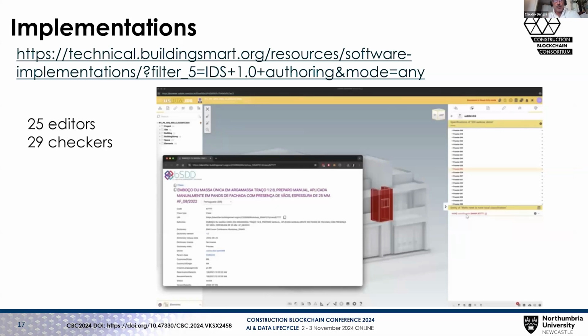What is the power of this technology? Well, mostly I would say that it's the excellent reception that it has achieved in the IT infrastructure of our construction industry. At the moment, I checked today, we have 25 different software applications that are capable of writing IDS requirements, and 29 software applications that are actually capable of producing feedback on the compliance of models against those